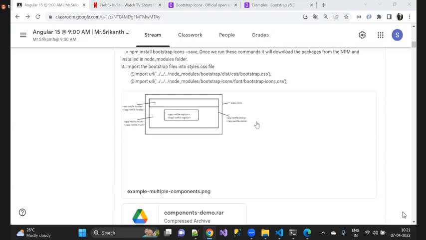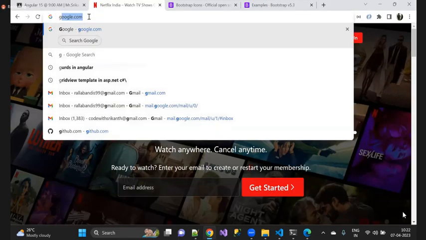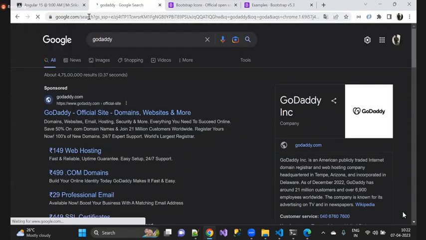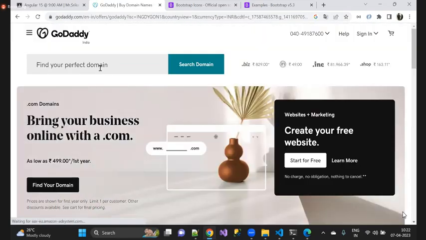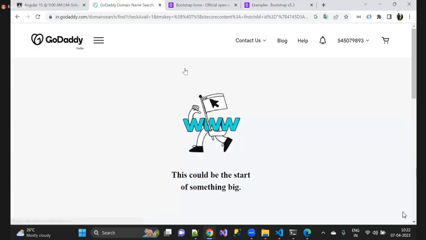Sir, after creating a good website, how can we launch it? Is it always to be on 4200? No, Abhishek. Actually, what happens is, domain providers are available. Let's say GoDaddy is one trusted domain provider. They will let you purchase a domain there. Maybe let's say Srikanth, when I search for a domain, now you can see,